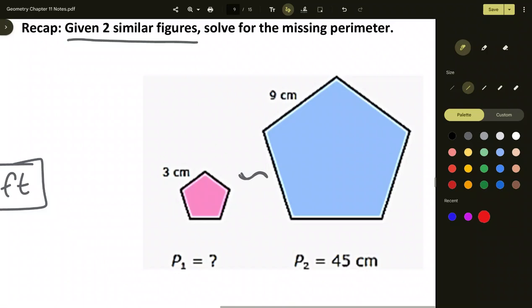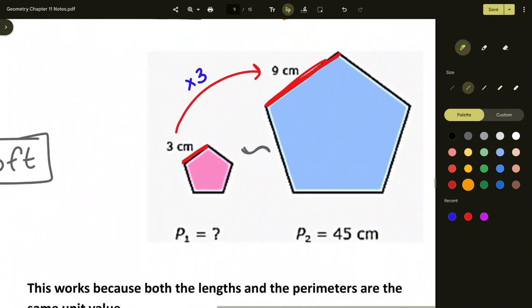So if I'm looking at the side length here of 3 compared to the side length of 9, I know that there's going to be some sort of scale factor multiplying 3 to get to 9. And if you've already done it in your head, you might see that it's times 3. So if we're looking at the missing perimeter, we could say that there's the same scale factor because they have the same units. So I could say the perimeter of the first pentagon multiplied by 3 will equal the perimeter of the second